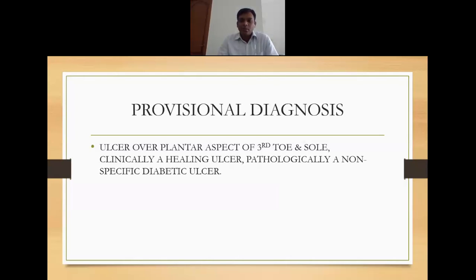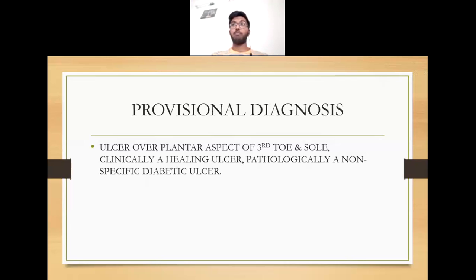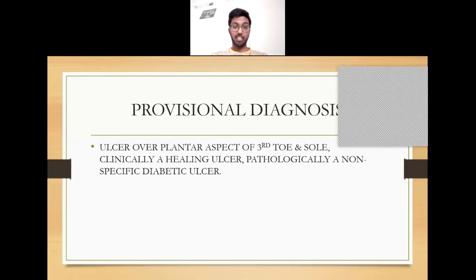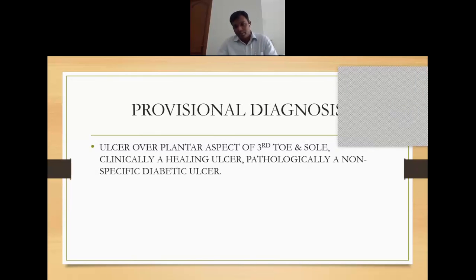When do you call an ulcer a non-healing ulcer or a chronic ulcer? When there is very pale granulation tissue and the vascularity is not there, then the edge is not sloping. There is minimal slough, or slough is present. All those things are there, but to call an ulcer a chronic non-healing ulcer, arbitrarily there should be a gap of 6 weeks, with no signs of healing in spite of giving treatment.